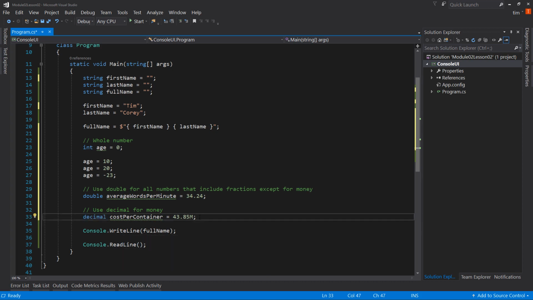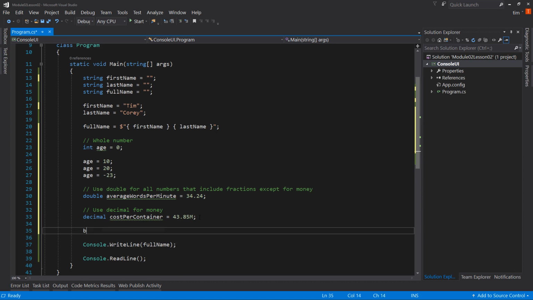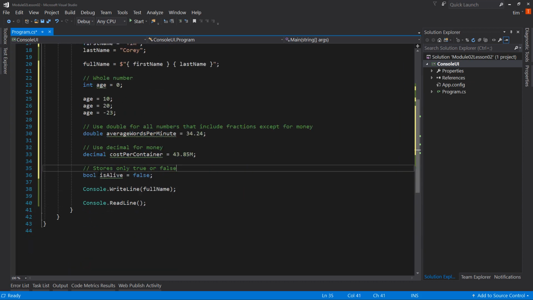And the last type I want to look at today is the Boolean. B-O-O-L. Let's start with false. Okay, so a Boolean stores only true or false. So bool is alive, and the value can be false or it can be true, and that's it. A Boolean is used when we want to know if something's true or false. We use true or false a lot in programming. It doesn't seem like it's a very valuable